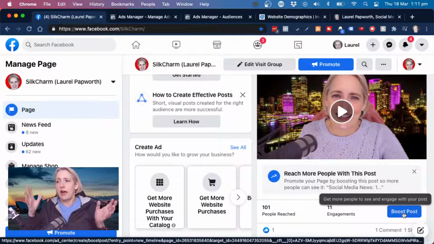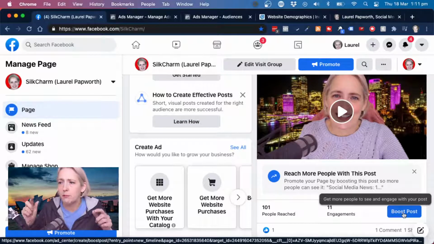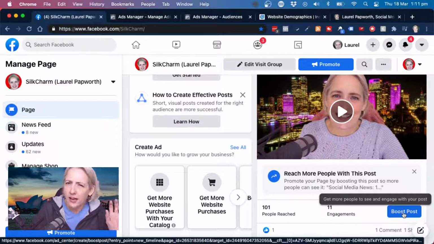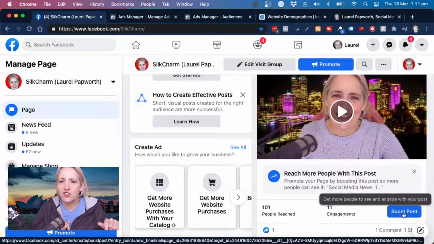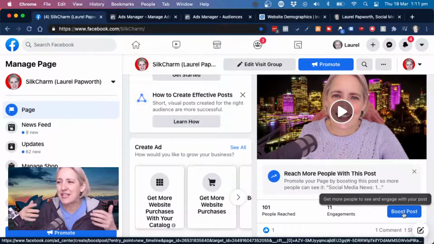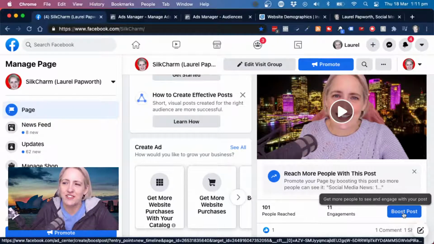Now, if you're going to do that, and I don't have an issue with boosting posts from within the page, particularly if you're about to leave the office on a Friday afternoon and you see something's already doing well, boost it so it keeps doing well over the weekend and picks up some traction. I mean, I wouldn't do a whole ad campaign through boosting posts,